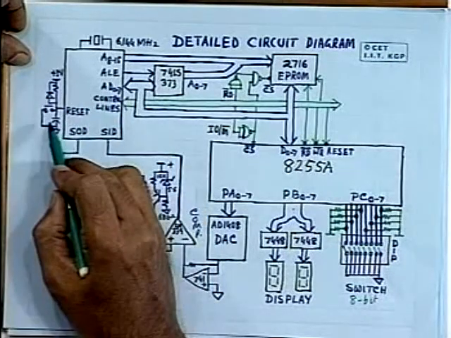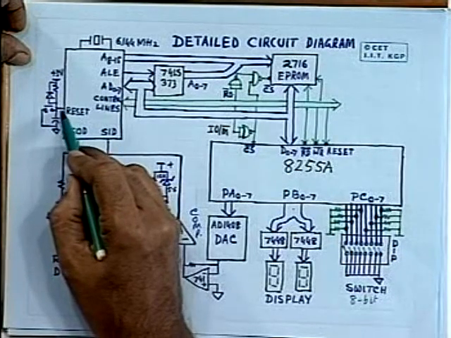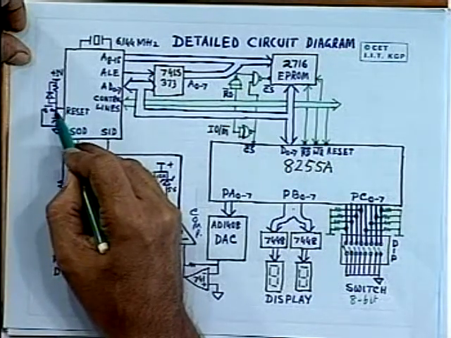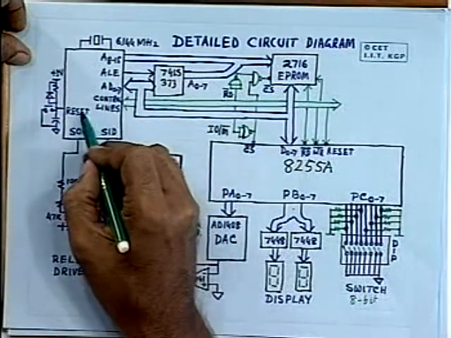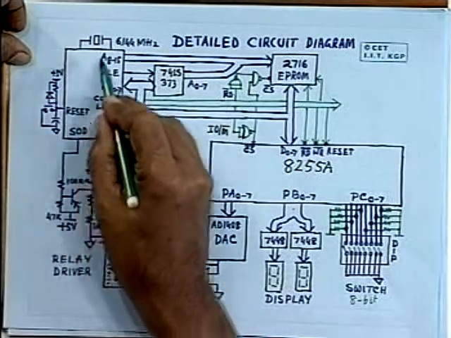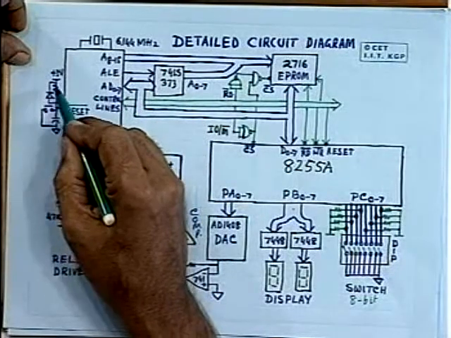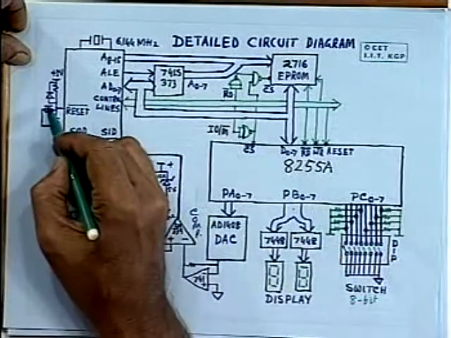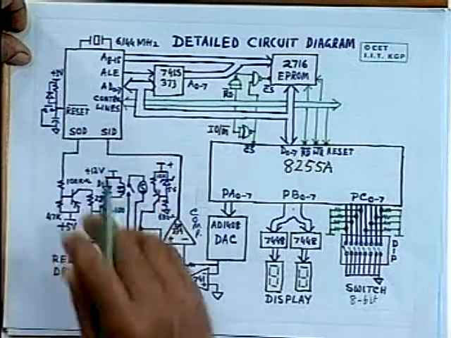And here a simple circuit using a resistor and a capacitor is connected to the reset input, and as you turn the power on, this capacitor will gradually charge, and after some time that reset will be activated. So this particular circuit is performing the auto reset, and you can also ground it to reset this input whenever necessary. So there is a switch as well. So power on reset is there as well as the switch.